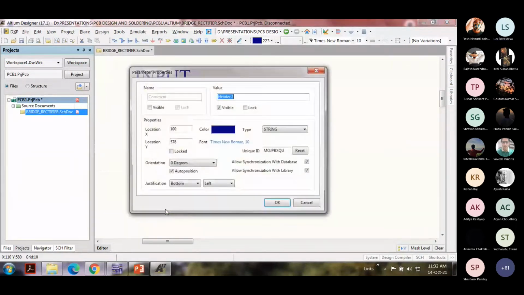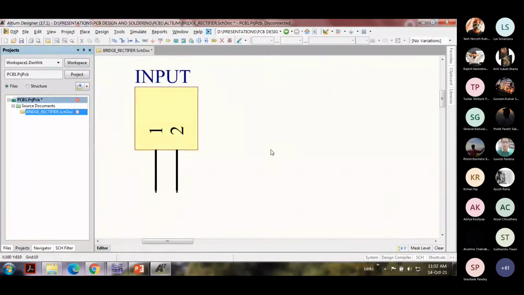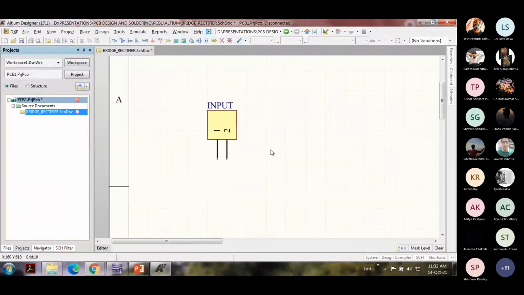This is the comment. You can make it invisible by unchecking this box over here, so that it won't clutter your schematic sheet. So this is going to be the input.